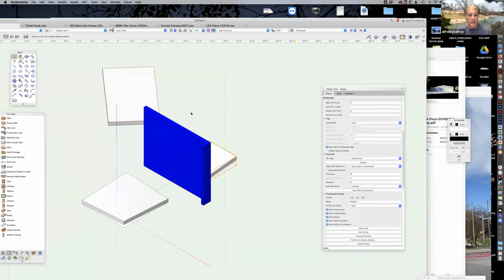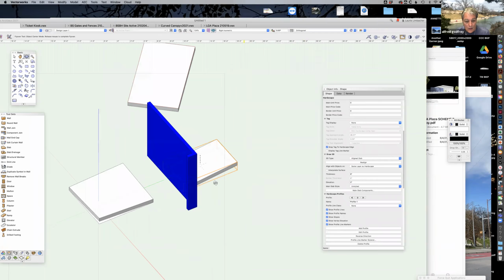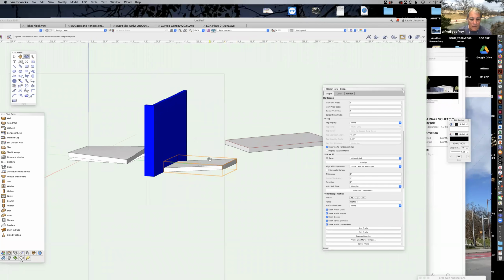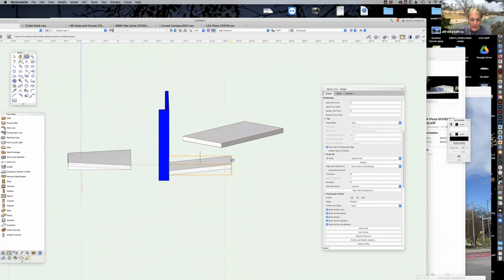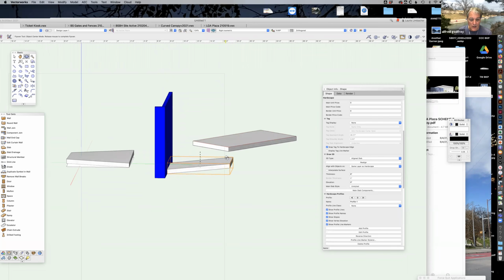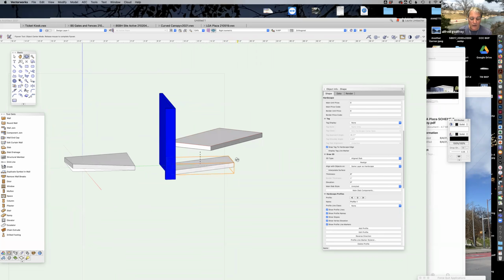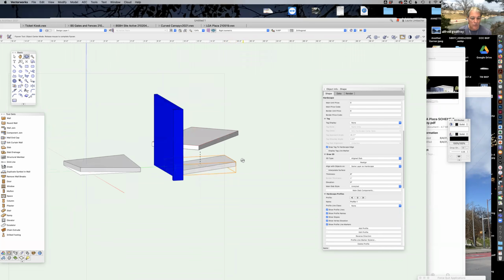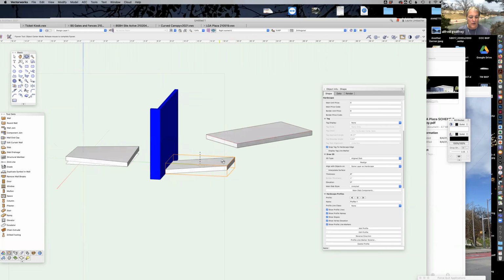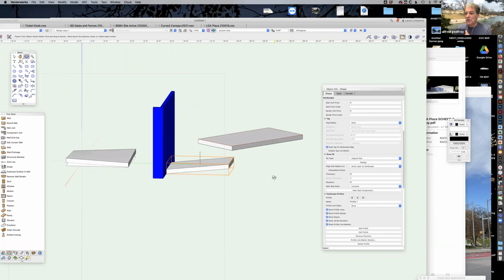And now you can see that I have aligned the bottom of it to the bottom of the wall, and I've aligned the top of it with a profile. I've created the elevation at the top with a profile. And then the other thing you can do, and let me just say, in the general answer to your question,